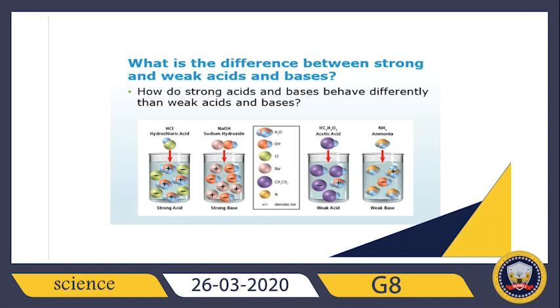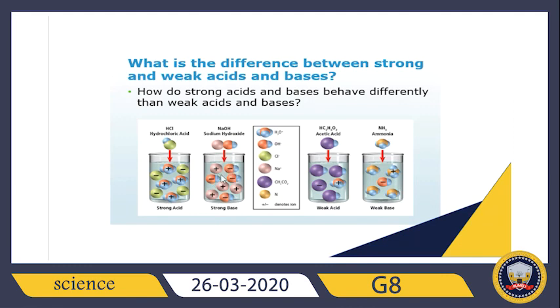Now, as you can see here, the concentration or the number of hydroxide ions in this beaker is small, like we have only 1 hydroxide ion, but in the strong base here we have like 4 hydroxide